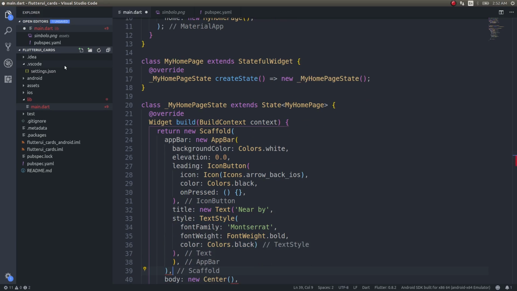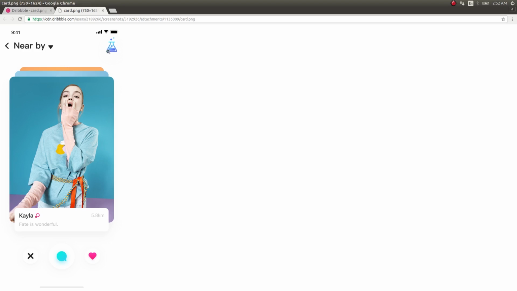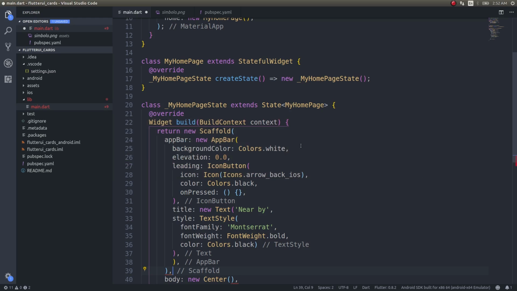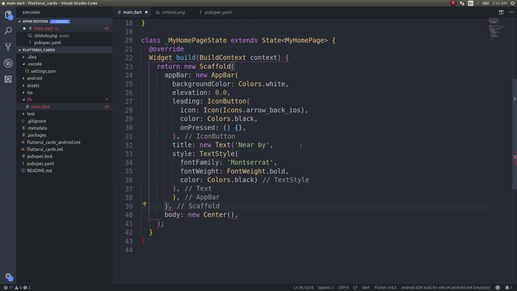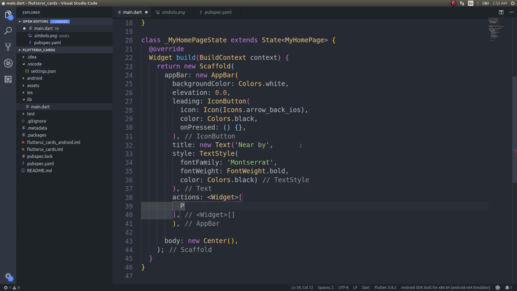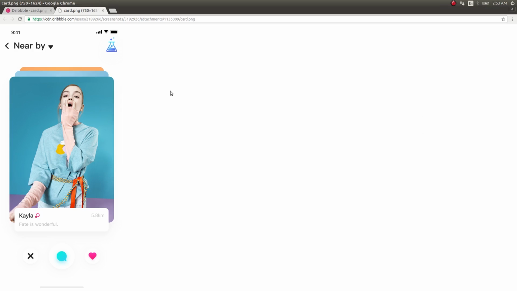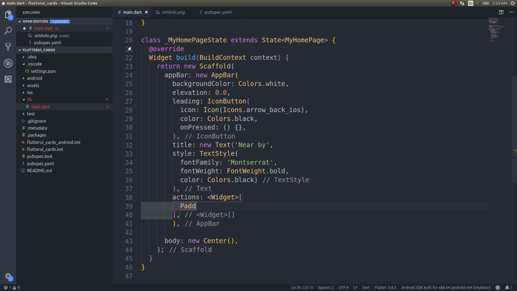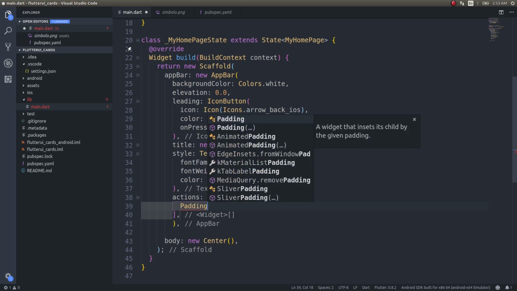The next thing I need to do is give, okay, where am I going to get this? I'll use a Flutter icon instead of this one. Okay. So the next thing would be actions, right? Scaffold is right. Actions. I'll give a padding so that it moves a bit from the right side. Otherwise it will be sticking to the right end of the application. So padding